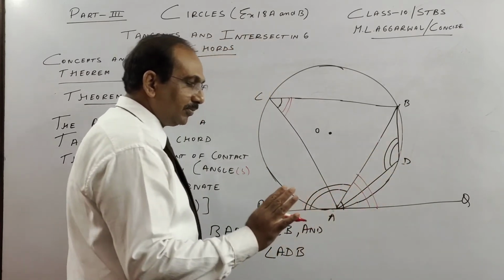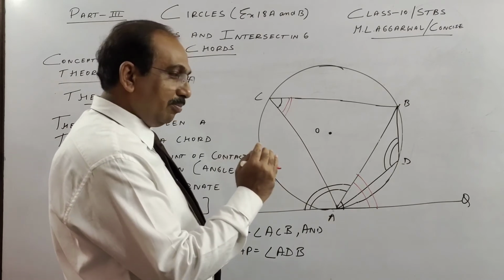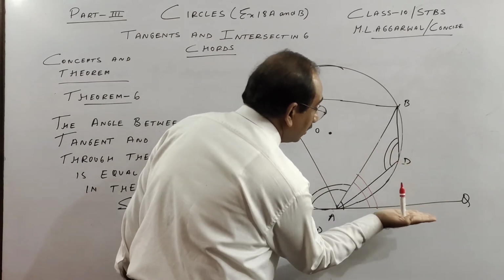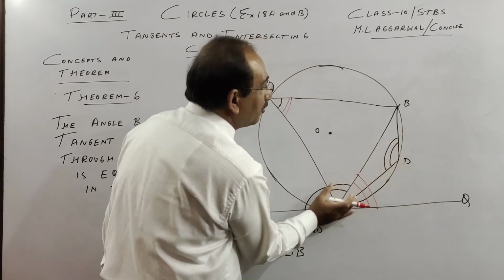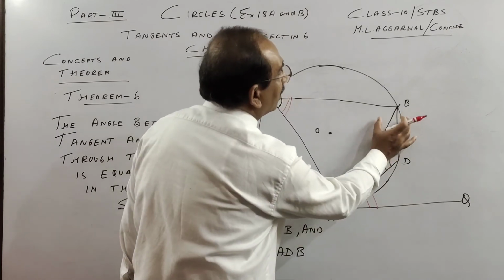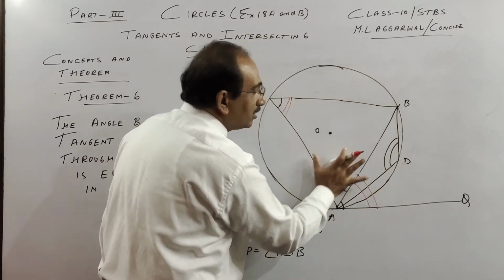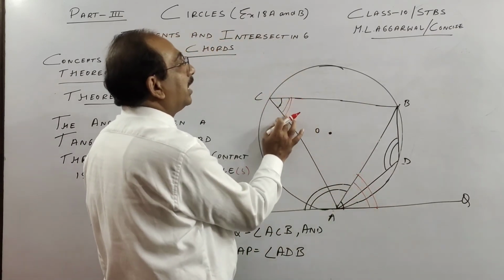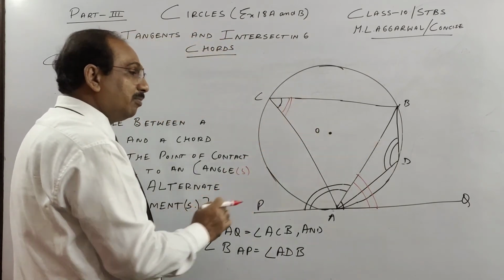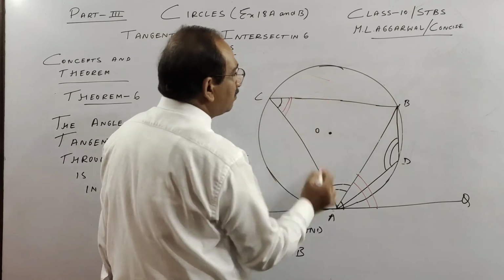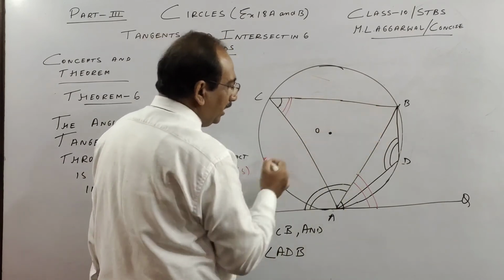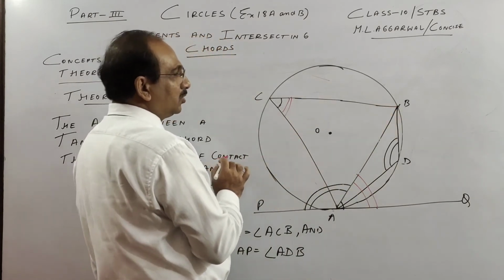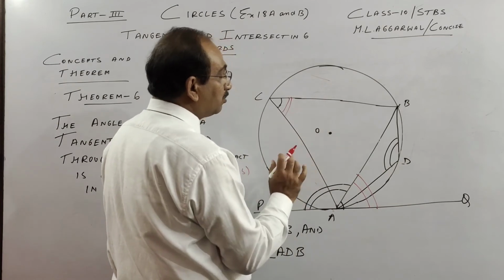Once more, you need to play back and rewind and listen carefully and understand. This is a chord, this is a tangent. If you see, the chord divides the circle into a minor segment and a major segment, as I've already taught. So the angle made by the tangent and the chord in the minor segment is equal to the angle made on the major segment by the same chord. And you know angles on the same segment are equal. So anywhere you put this angle, it is equal to this angle, because angles on the same segment are equal. The proof I'll give you in short in the last part of today's video.